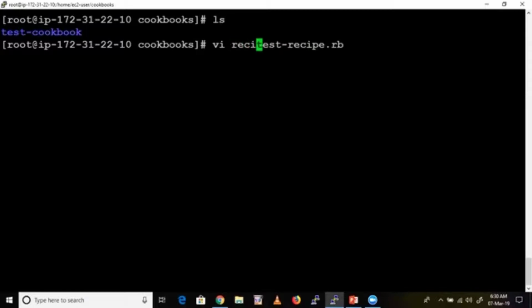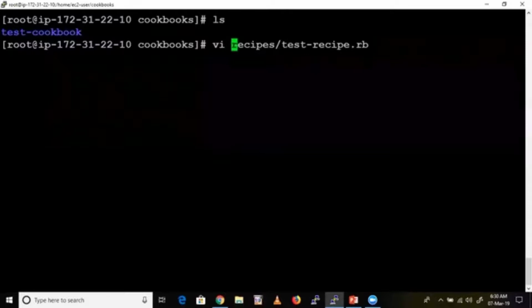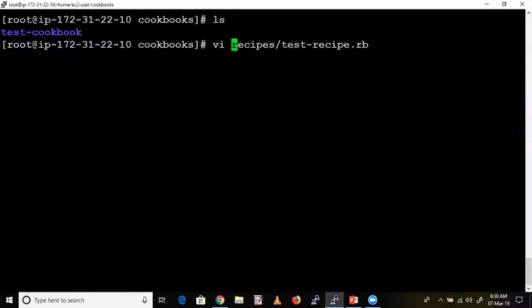So where is the recipes folder? That is inside my test cookbook. Understood, right? So that's why you need to give the path if you want to open that recipe.